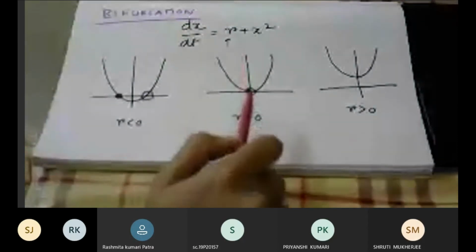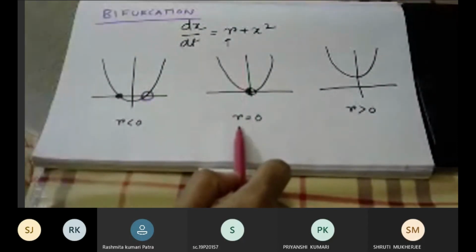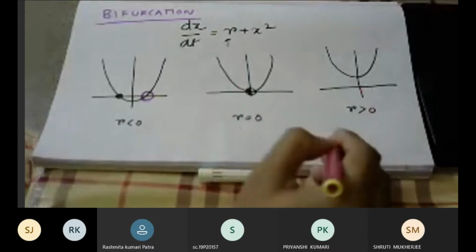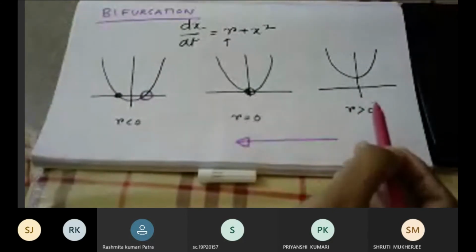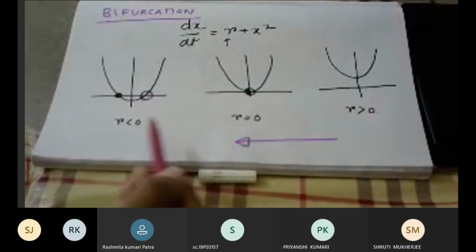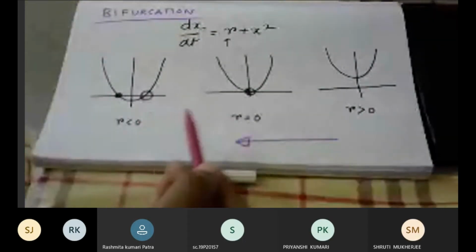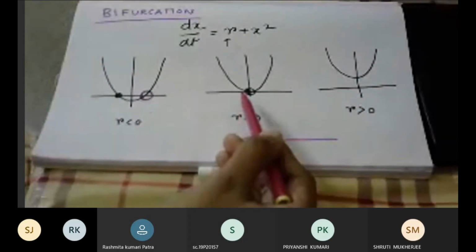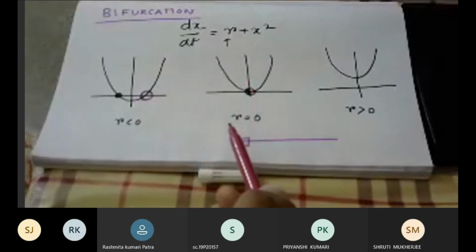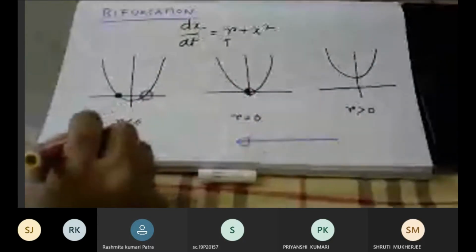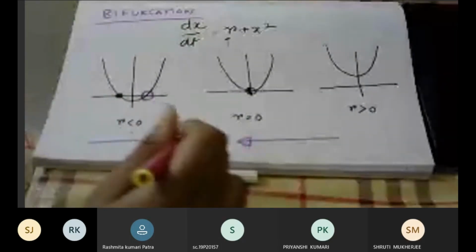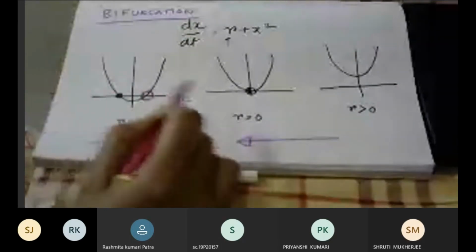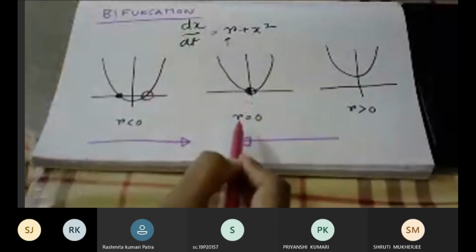Okay, it can be created just like it happened at r equal to 0, right? If you come from this side, it will seem to you that you are varying r from a positive value to a negative value continuously. It will seem to you that at r equal to 0, a fixed point is getting created, isn't it? Similarly, if your direction of experiment is just the other way around, it will seem to you that you had fixed points, but that got destroyed at r equal to 0.